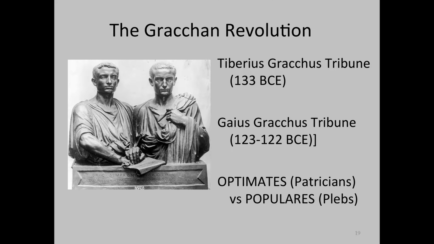Tiberius and Gaius Gracchus. The first step in breaking down the traditional patterns of Roman government would not be taken by outsiders to the elite circles at all, but very much by aristocrats, by patricians who were firmly entrenched in the old Roman system, but who took it upon themselves to become guardians of the people, and who both were elected as tribune. Tiberius and Gaius Gracchus hailed from very well connected Roman families on their mother's side and on their father's side.